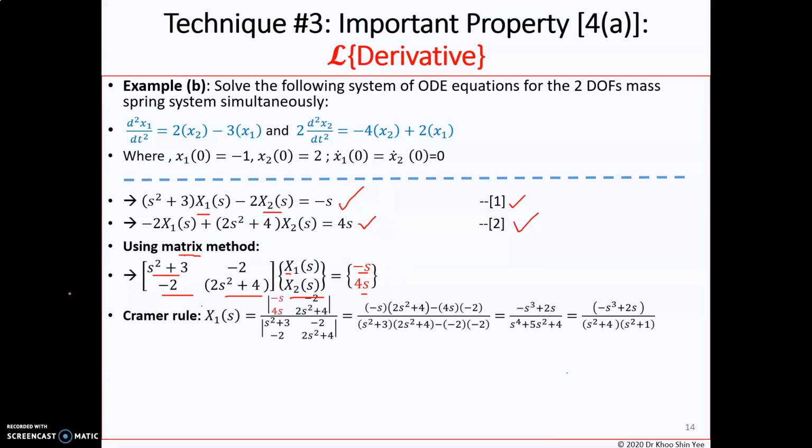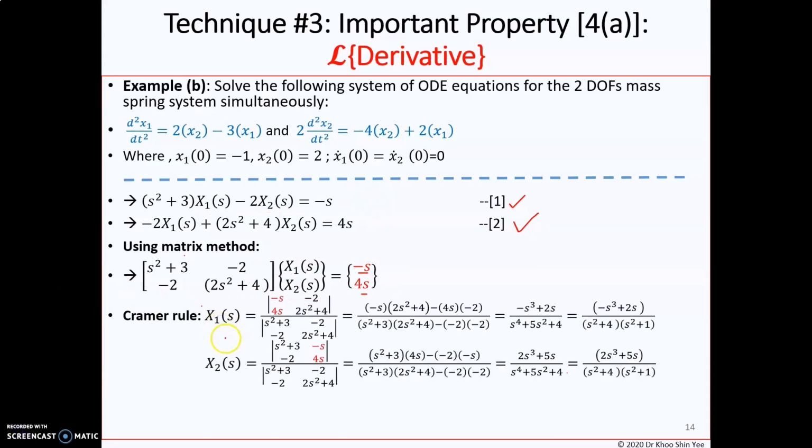Then you can apply the Cramer's rule to find the x1 by using this equation. So this is the determinant for this matrix, and the matrix at the top here. For the determinant here, you can see you need to replace negative 2, 4s to here. To find the x2, you need to replace the negative 2, 4s over the right side. So this is the formula to find x1 and x2, and you should be able to get the answer